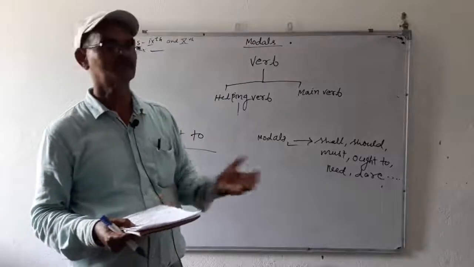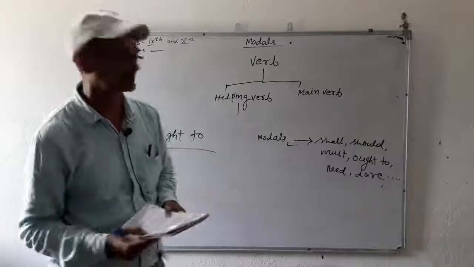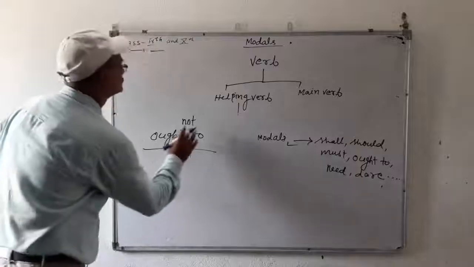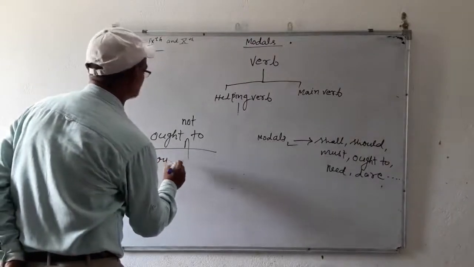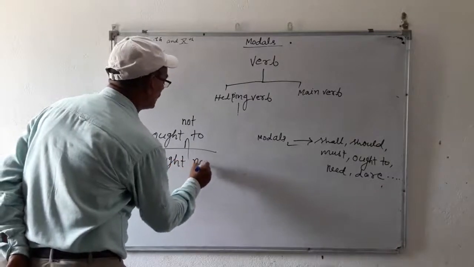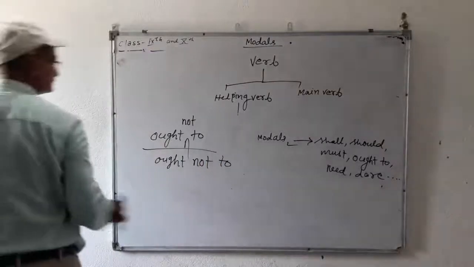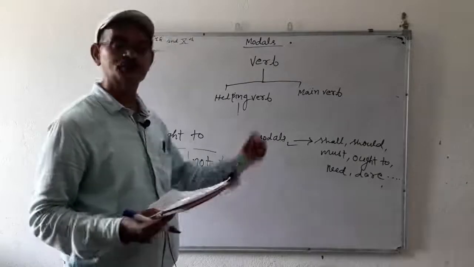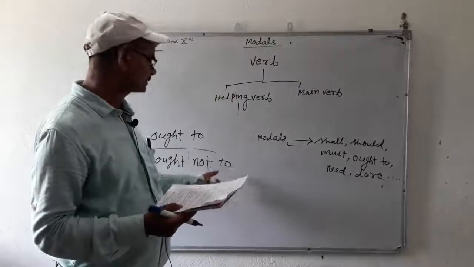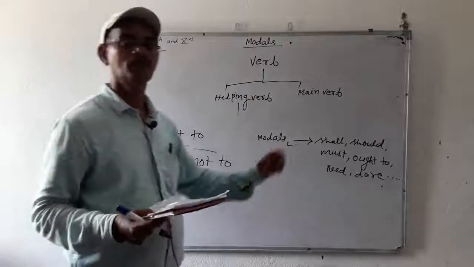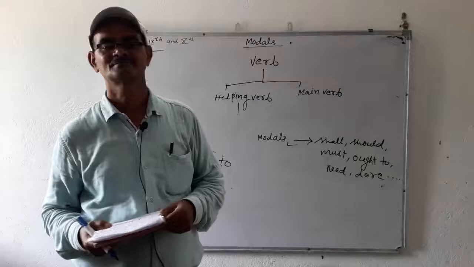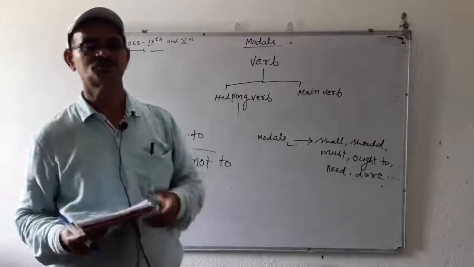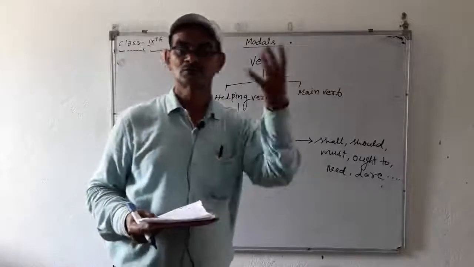We can also use should in place of ought to. After ought, should can be used instead of to. If we want to make it negative, ought to becomes ought not to. If we say "if we shall say you should not", then: you ought not to refuse your parents. You ought not to refuse your study. You ought not to neglect your class. It is a moral responsibility to attend your class, to learn your lesson, all these things.